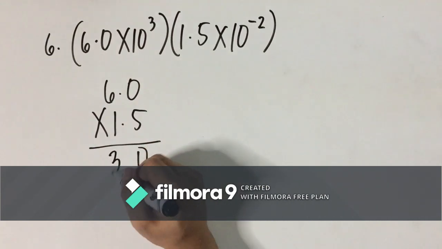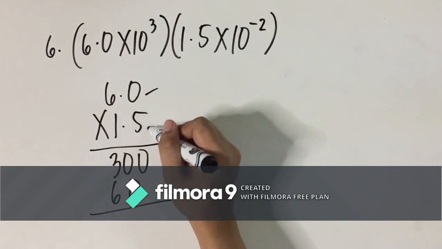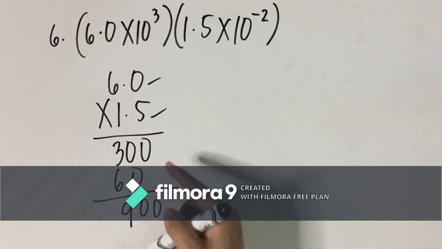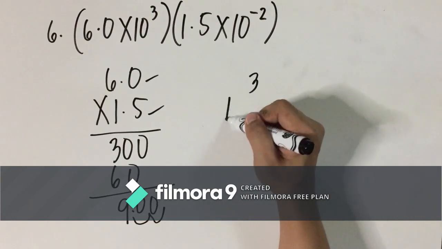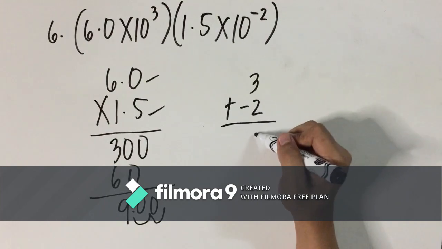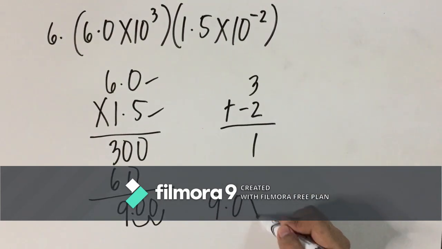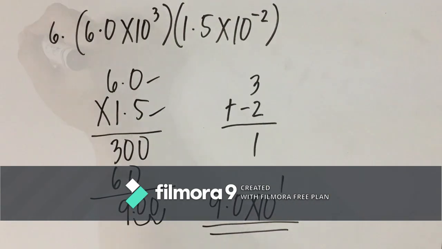Okay, so we have 0, we have 30, we have 0, we have 6. Adding them, counting the decimal places, we have 2, so we have 900. So 1, 2, so 9.0. Add 3 to negative 2, we have negative 1. I mean, positive rather, positive 1. So we have 9.0 times 10 raised to